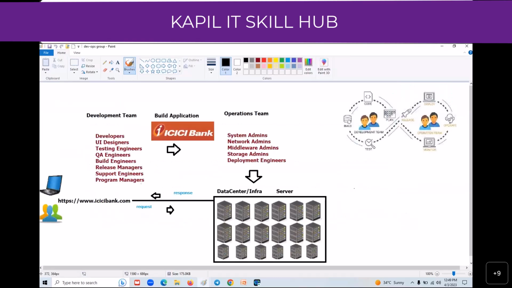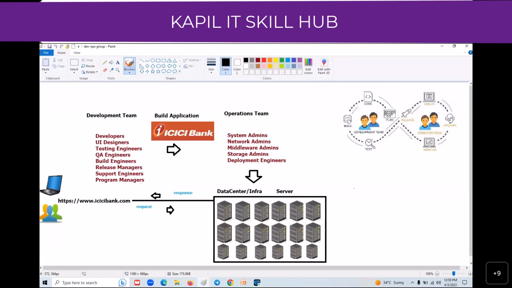The next one here: the development team and operations team who are involved in this. See, there are developers, UI designers, testing engineers, QA engineers, build engineers, release managers, support engineers, and program managers. These people in the development team do requirement analysis, estimation, planning, designing, developing, and building your application.